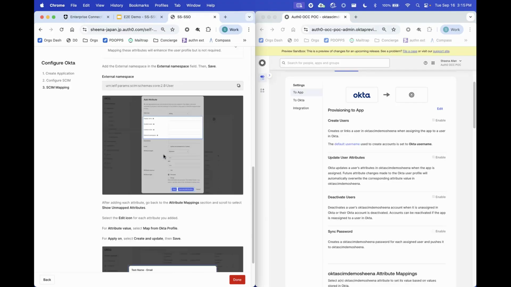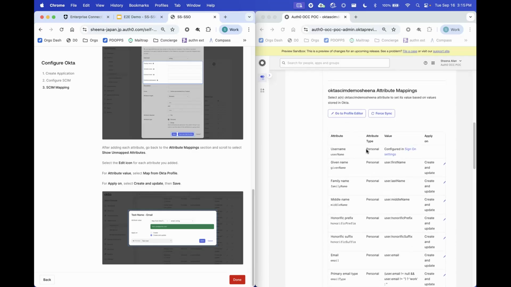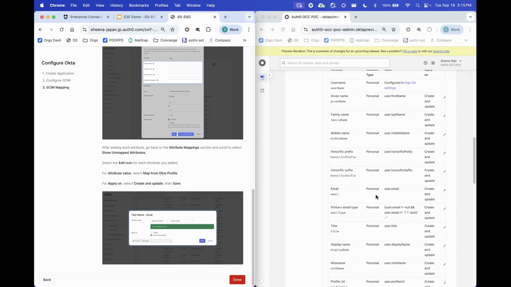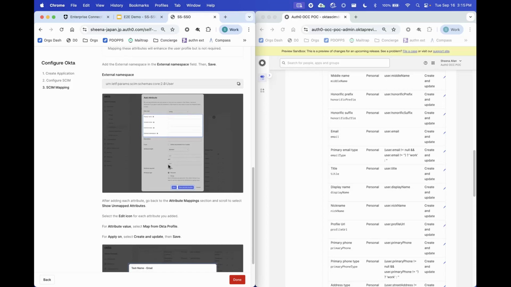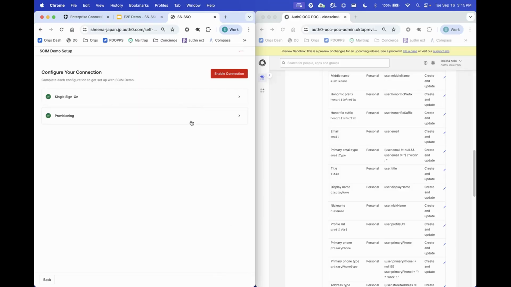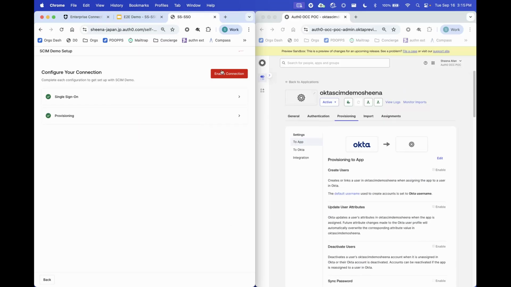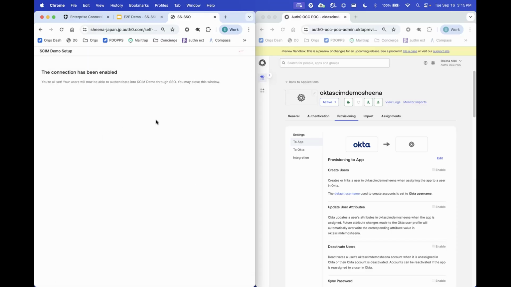So the very next step is to go through the SCIM mapping. Now, I already have my attribute mappings already set up, so we can quickly skip through this. However, if we did have to add in any new ones, there are instructions on how to do this, and those are different for Okta, Enter ID, and then we also support generic SAML and generic OIDC. So we'll hit done, and now we're all good. So my last step is to enable the connection, and then I'm going to proceed, and then I have my